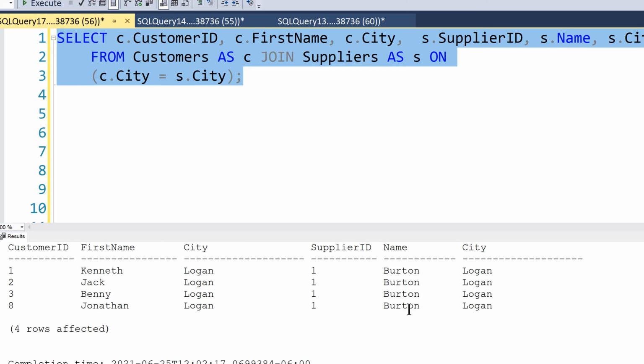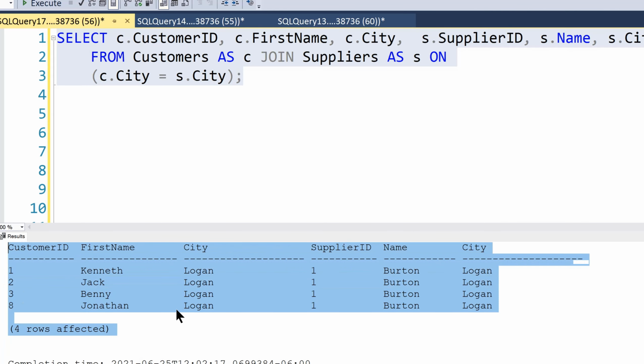Now, I only have one supplier from Logan, and that's Burton. And I have 4 different customers. So there's a row for each match. Notice here that we have 4 rows, and that'll be good to make comparisons on the next queries. Let's do